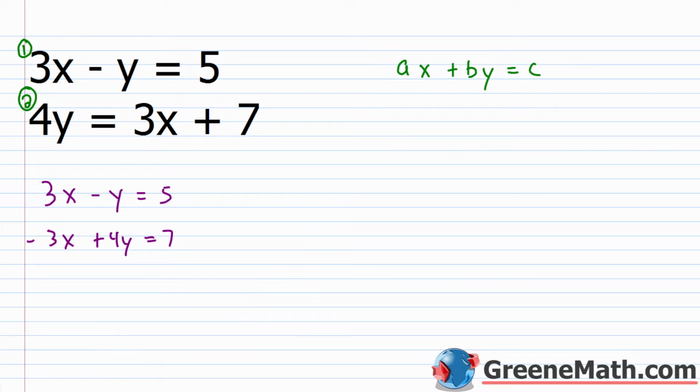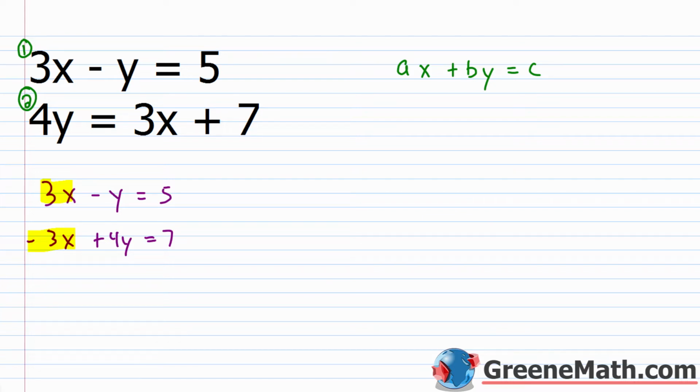I want you to notice that we have 3x and negative 3x. So we have a pair of variable terms that are opposites. So we don't need to do anything further other than proceed to the step where we add the left sides and set that equal to the sum of the right sides. Now, generally we do this vertically, but for the first one, I want to do it horizontally, just to show